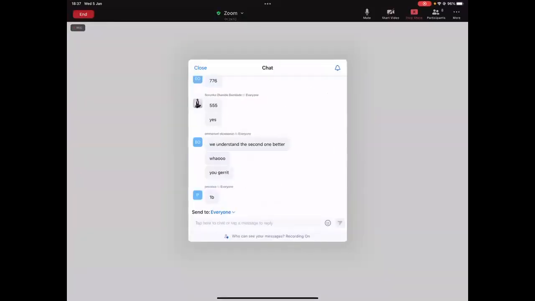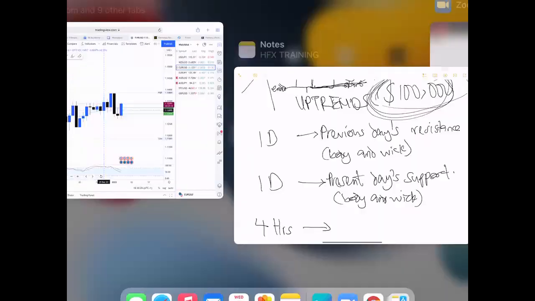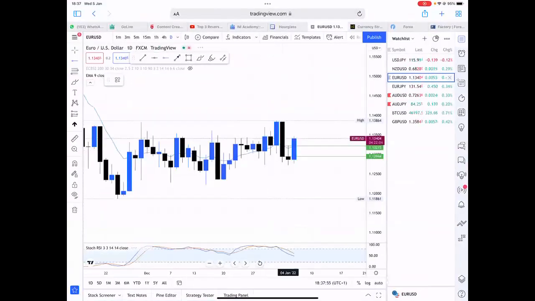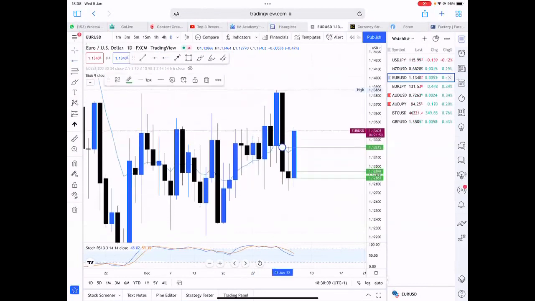Now let's do that quickly. Previous day resistance, I picked the up one. Previous day's resistance for both body and wick, I picked it. Then present day support, I picked it. So right now, let me adjust it. Some of you are wondering what this blue line up and down is doing on my chart, I'll remove it. So I've picked previous day's resistance, not other days. Ignore other days. Pick previous day.